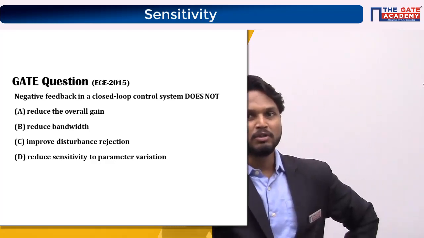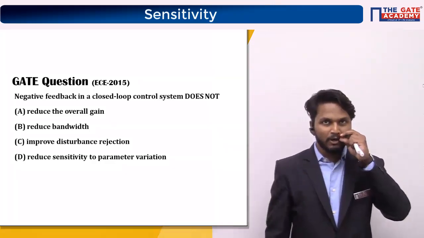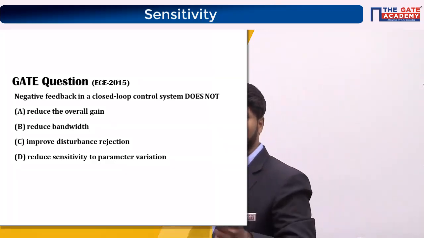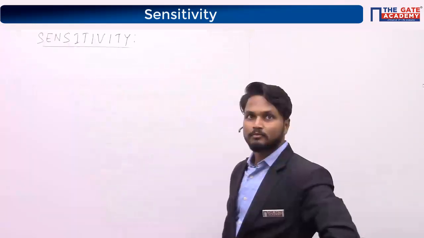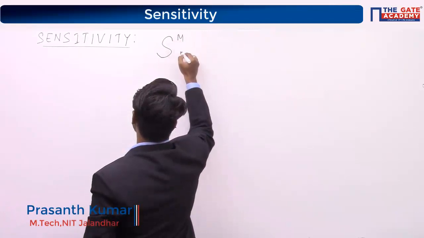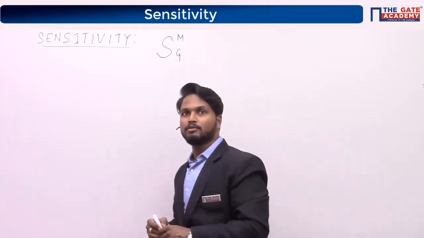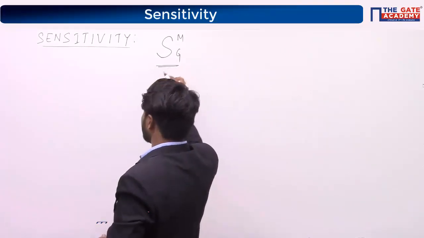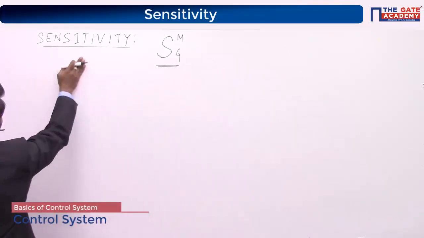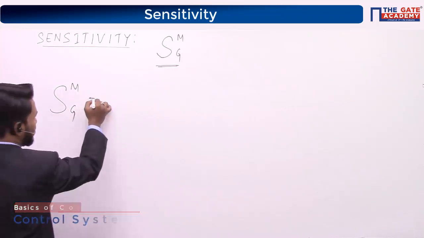So you see some new terms here, right? Sensitivity to parameter variation. You must be knowing what sensitivity is first of all, right? So take down the heading: sensitivity. Sensitivity is represented with this symbol S of M with respect to G. Sensitivity of overall transfer function M with respect to G. This is the symbol we use to represent sensitivity. So sensitivity of overall transfer function with respect to G is equal to